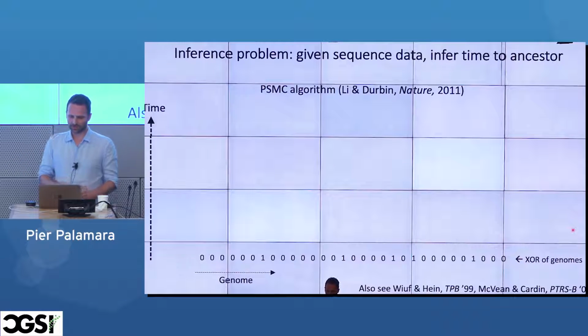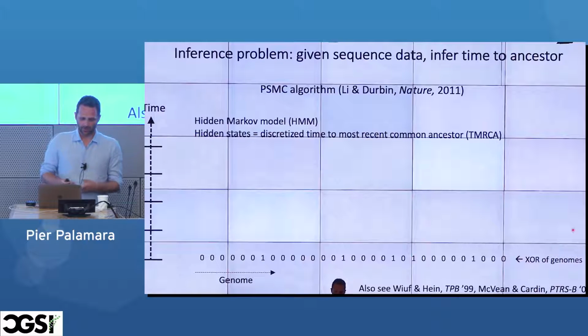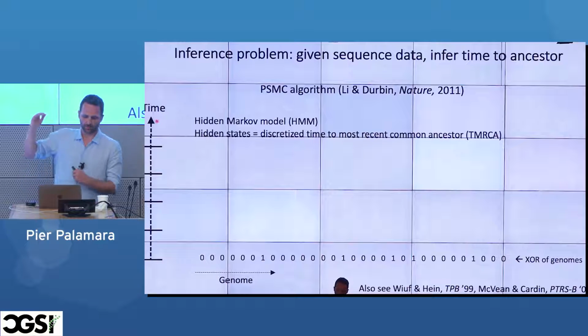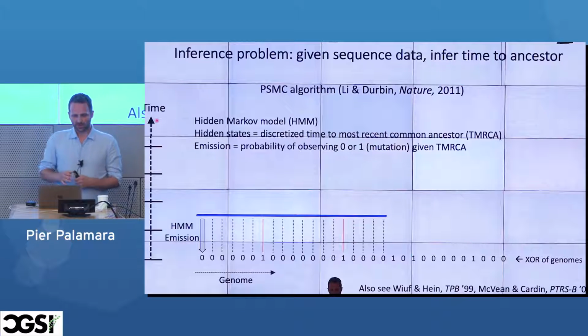We can throw away the genomes, we keep the XOR, and then we use an HMM, a hidden Markov model, where we need some hidden states, which is what we're trying to infer. The states here represent where the ancestor is along the genome. Remember, we're trying to infer a piecewise constant function of where the ancestors lie. And the observations are just the genome in this form. The hidden states are a discretized version of time. And so the emission is actually reasonably simple, because I said this is a Poisson number of mutations, so this ends up looking like an exponential probability.